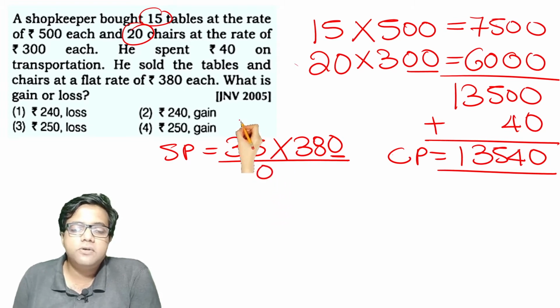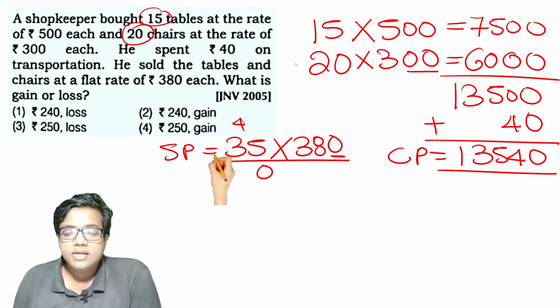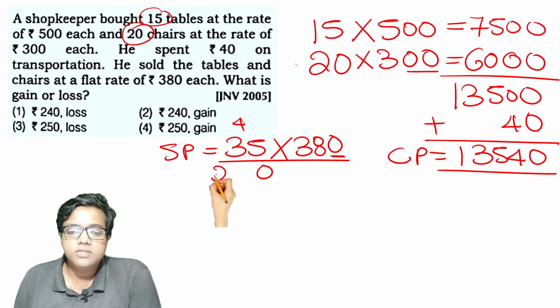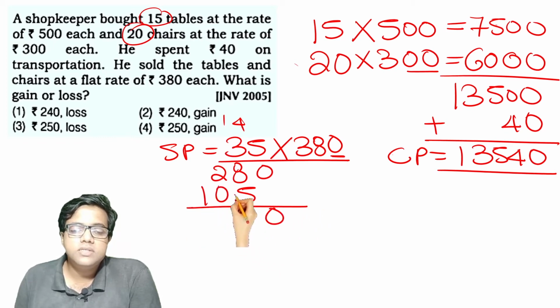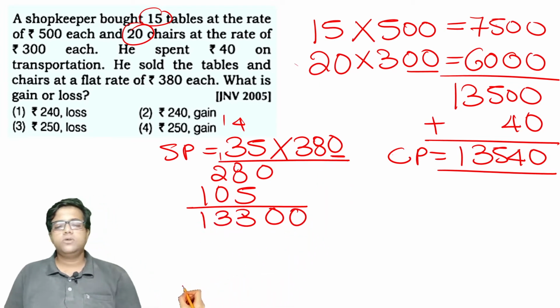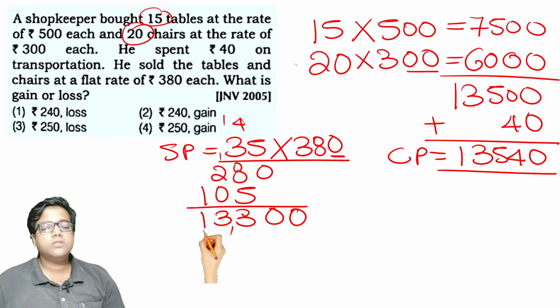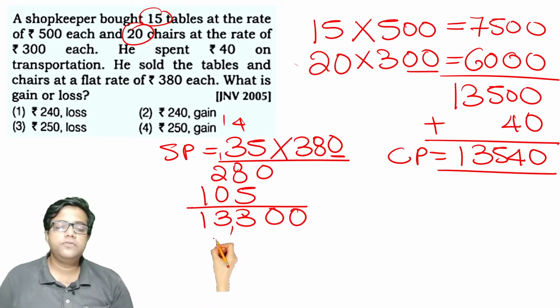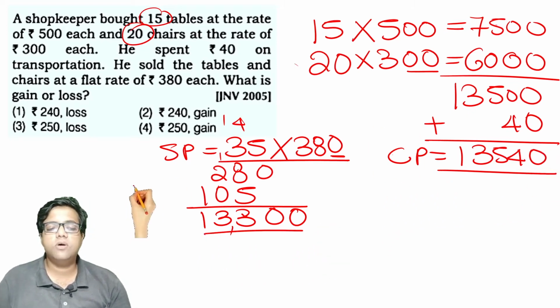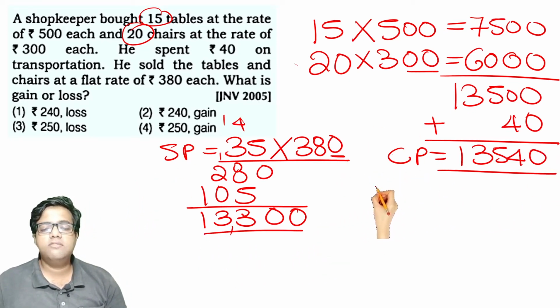So 8 5s is 40, 4 carry over. 8 3s is 24, 24 plus 4 is 28. 3 5s is 15, 1 carry over. 3 3s are 9 plus 1 is 10, right? 0, 8 plus 5 is 13, 1 carry over. 2 plus 1 is 3, 1 and 1 more 0. So he is selling this at a cost of 13,300. So if you see that selling price and cost price, we can find that selling price is less than